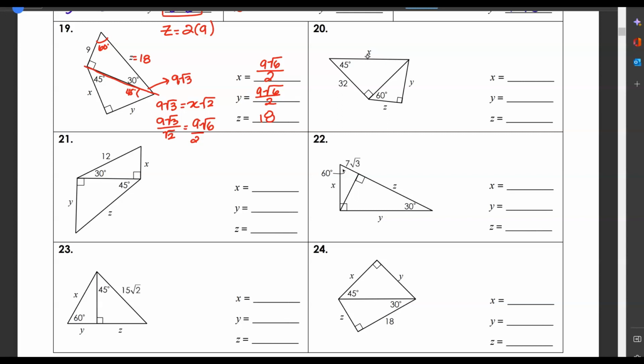let's try another one of these. Let's try 24. We're looking at x, y, and the z value. So looking here, I have a 30, 60, 90 triangle, right? I have an 18 and a z here, and then I only have a 45 degree triangle here with no other information. So I need to start with the bottom triangle. So if my shorter leg is z, but my larger leg is 18, this is telling me that I'm going to have z is equal to,